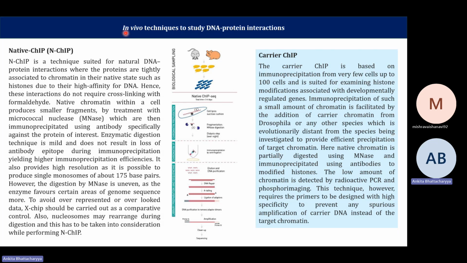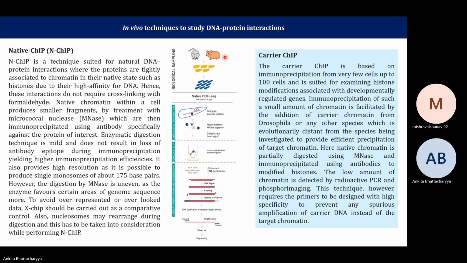Then you have carrier ChIP. Most commonly, carrier ChIP needs to be performed when you have very few cells, say somewhere around 100 cells, and therefore it is useful in such circumstances. You would find this if you have some patient tissue, something that cannot be replenished. Immunoprecipitation of such a small amount of chromatin is facilitated by the addition of carrier chromatin from Drosophila or any other species which is evolutionarily very distinct from the species that you are investigating, to provide effective chromatin